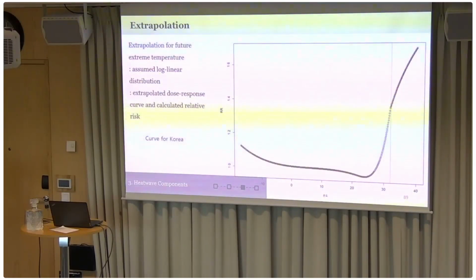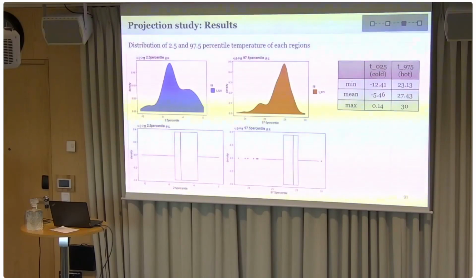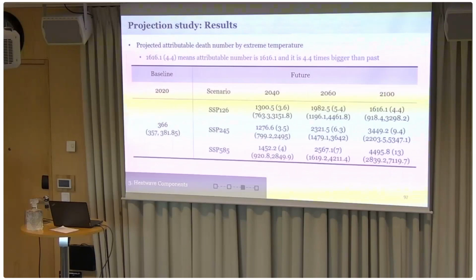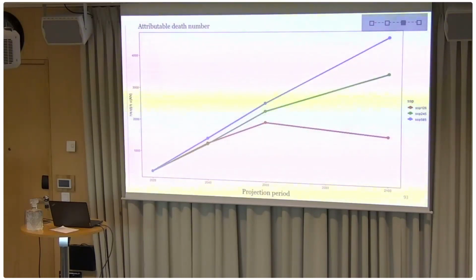And this is the plot for the whole nation. So there is a national representative dose response curve. And the definition of heat wave and cold spell is defined by this, but this temperature itself has some distribution like that. And this is the result depending on the scenarios we are currently doing, that the death number will be increasing after years, and then you can see the components of the adaptation or scenarios over there.